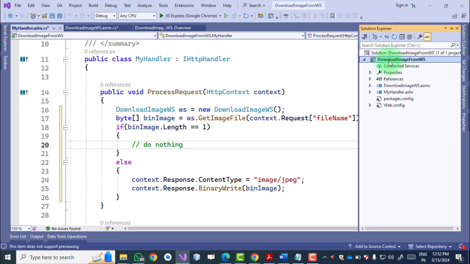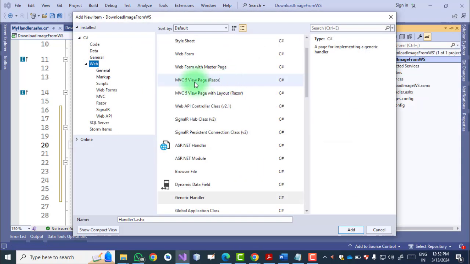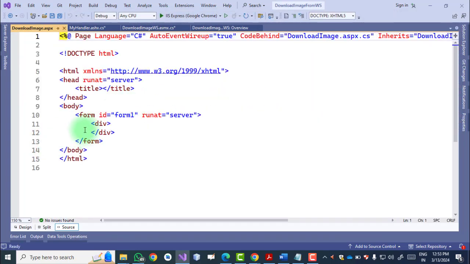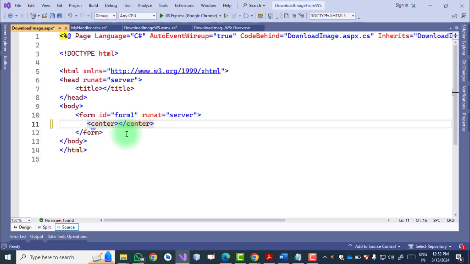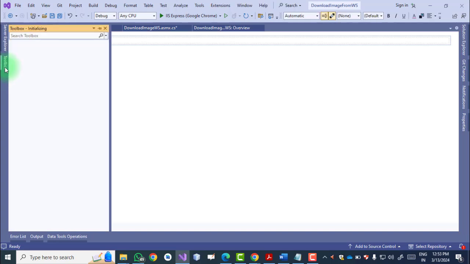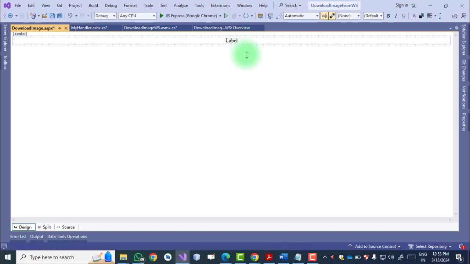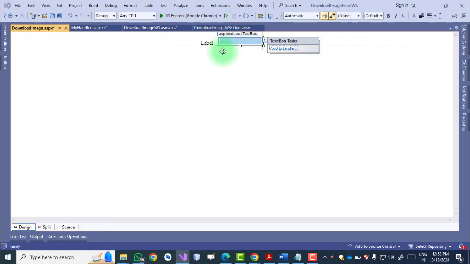Now next step हम लोग create करेंगे web form. Just create a web form. So this is my web form to download image. Okay, and then center. यहाँ पे हम create a layout. So first take a label, drag and drop, then space, then we take a text box.